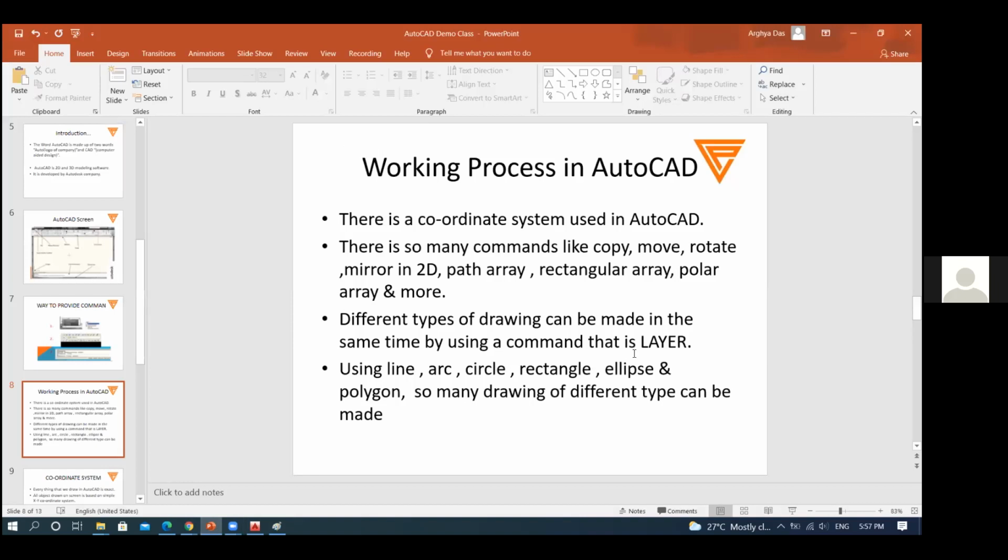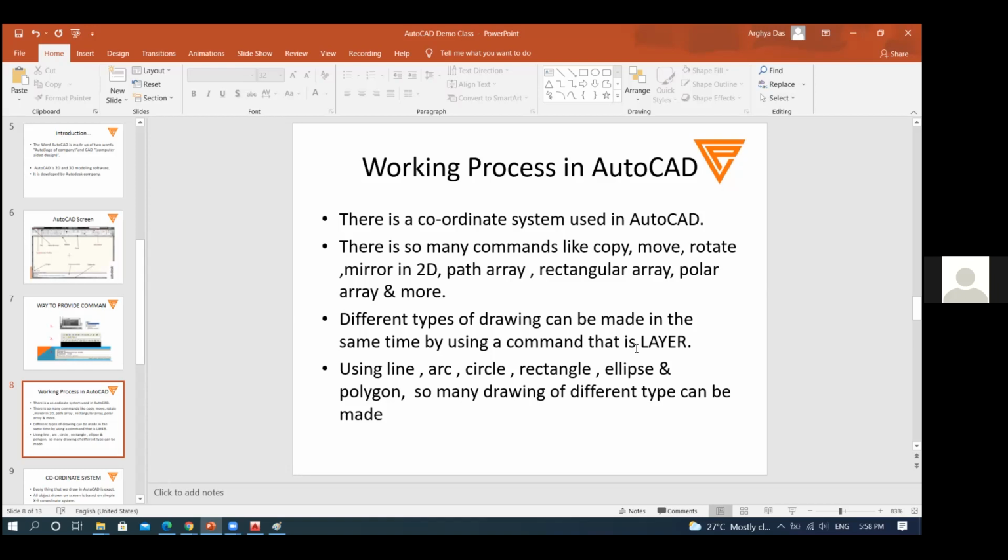And the layer is another thing, which will help us draw all lines in a layer. If I want to give an example of a building, in the building plan the electrical wiring is also shown. In that plan, the plumbing design is also shown. If you want to draw only the electrical wiring, and you have drawn all the work in systematic layers,